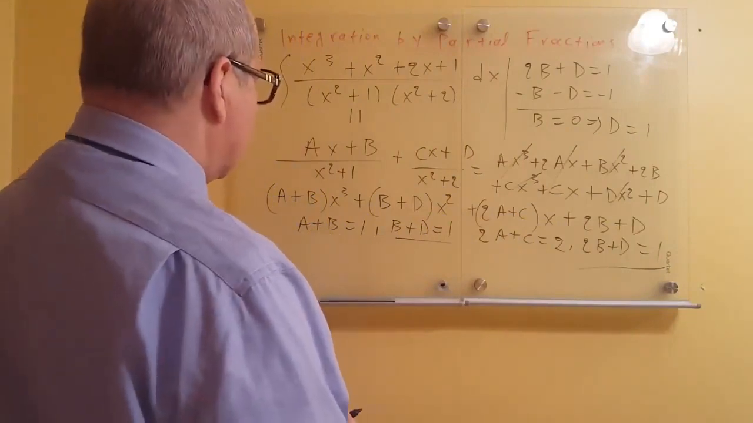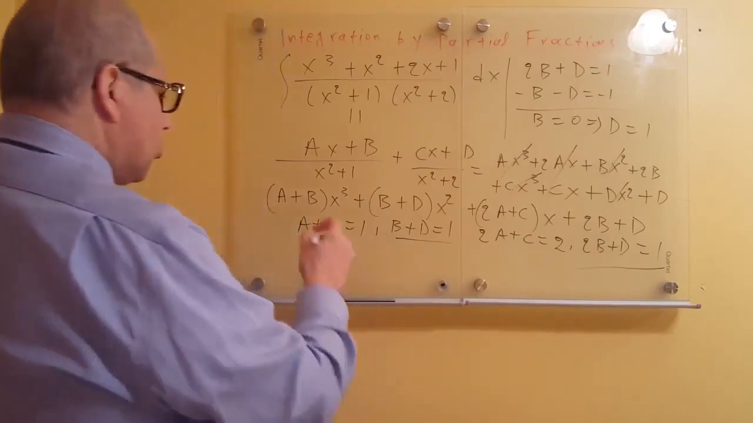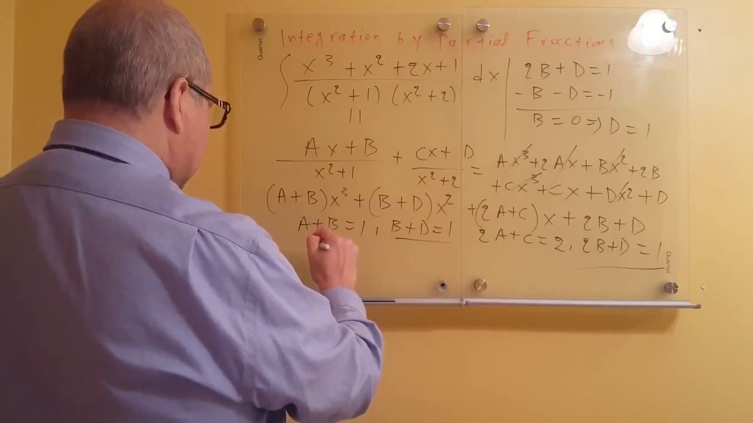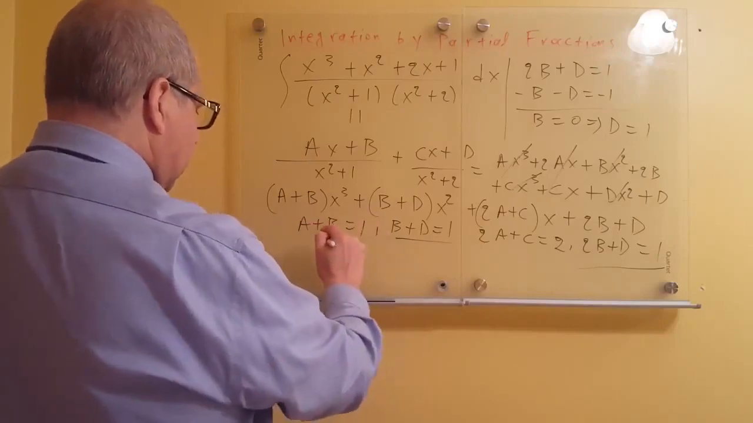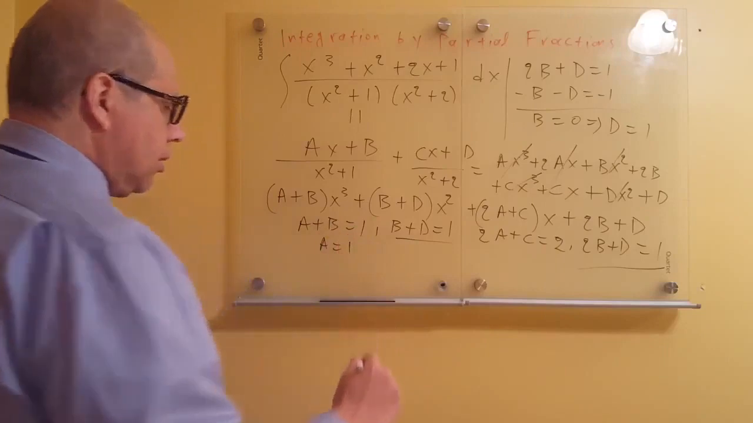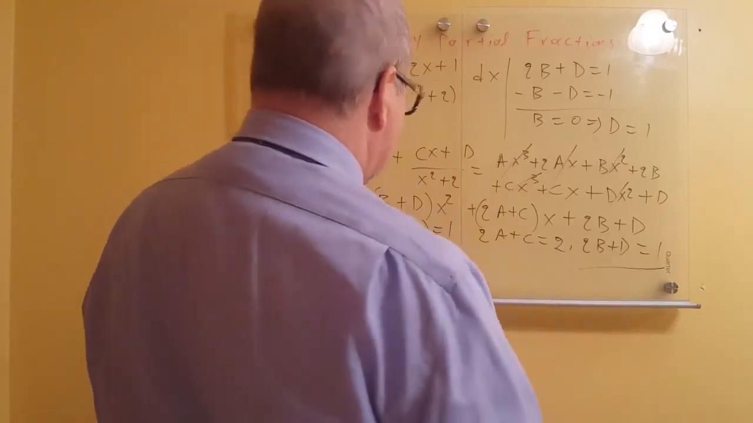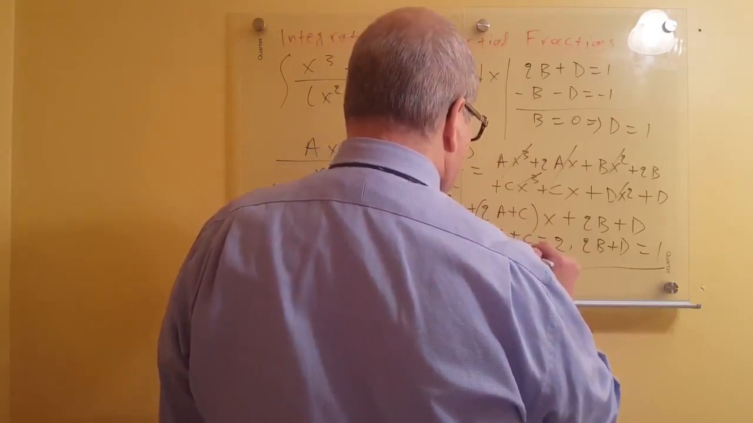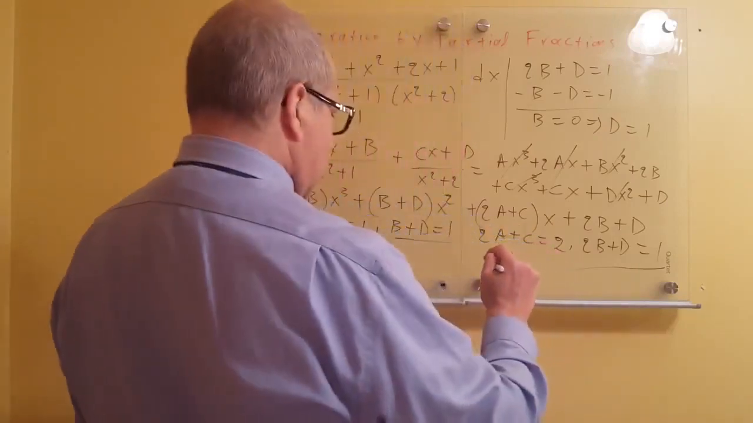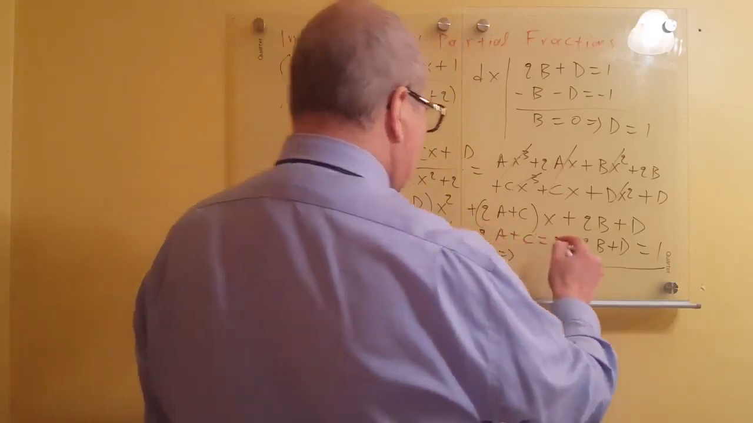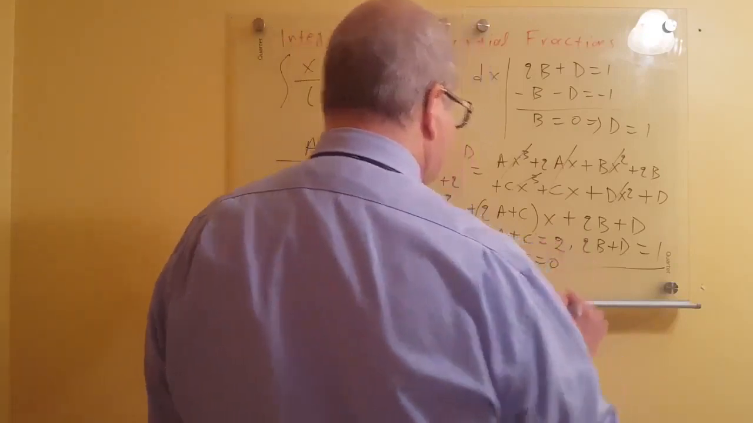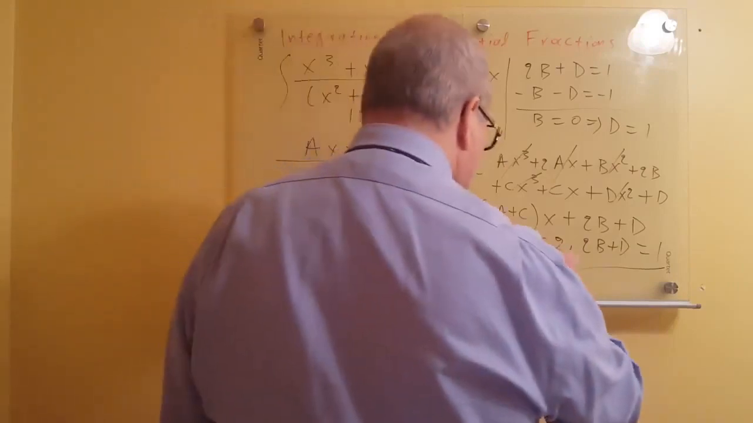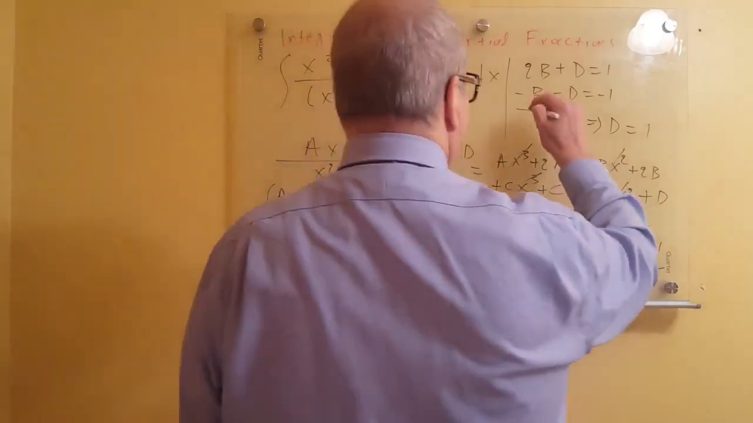So now we want to find a and c. Since b is equal to 0, that means that a from this here is equal to 1. And since a is equal to 1, we have 2 times 1 is 2, so that means that c is equal to 0. So a is 1, c is 0,